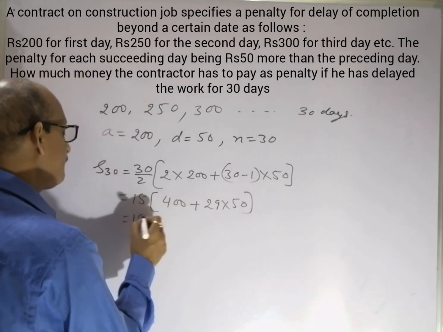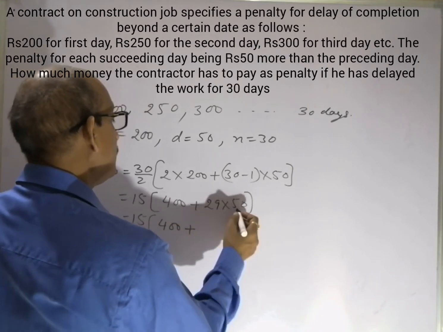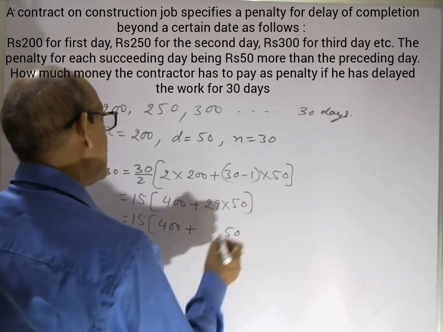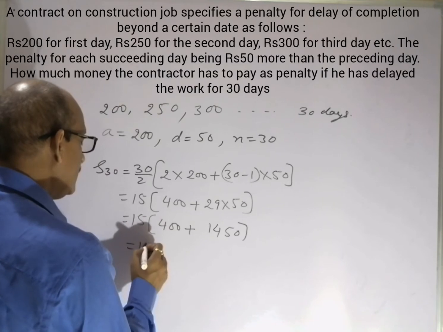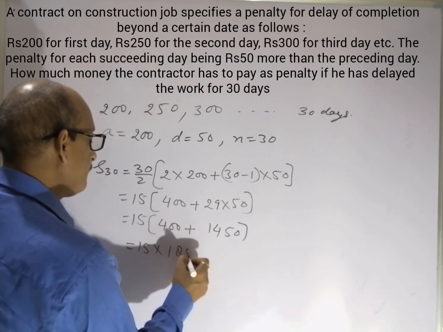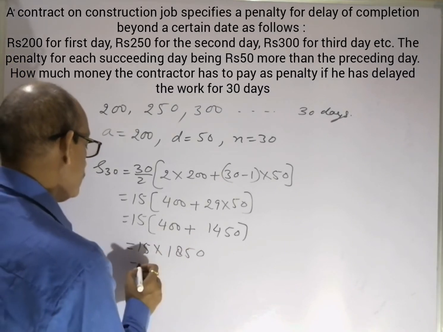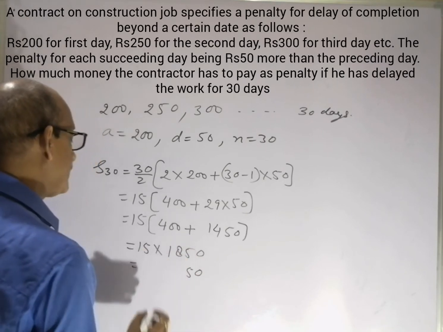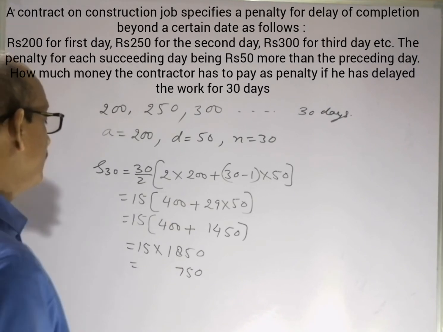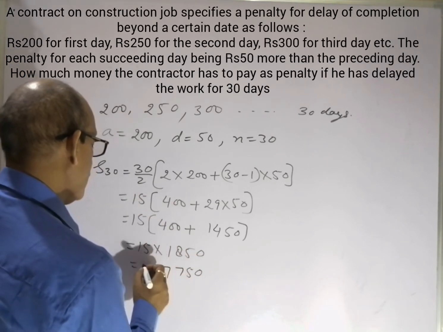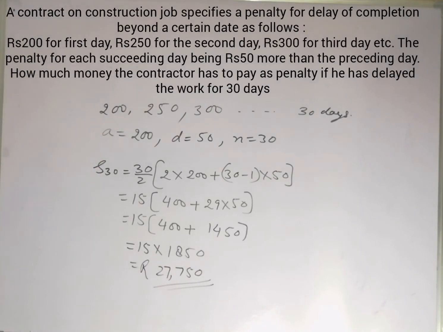Now get it calculated. 15 into it is now 400 plus 0 over here. 5 9s are 45. 5 2s are 10 and 4 14. That is, it means 15 into 1850. This is total amount to be paid by the contractor for delays. 0, 15, 5 are 75, 7 carries, 15 is a 120, 127, 12 carries, 15 is a 50, and 12, that is 27. So this will be amount paid by the contractor for getting the work delayed.